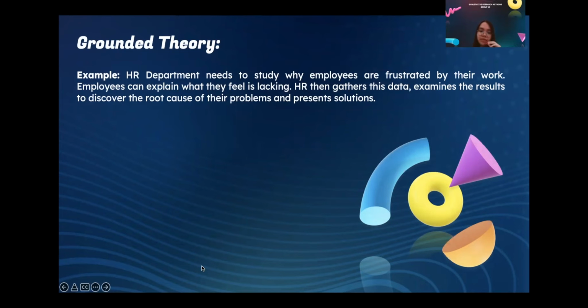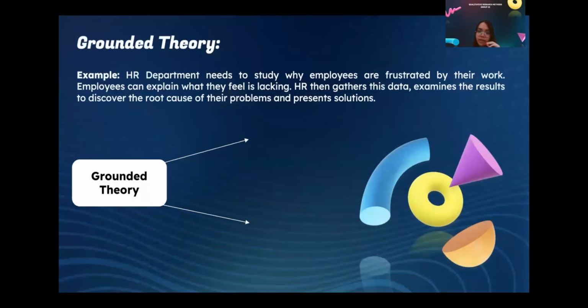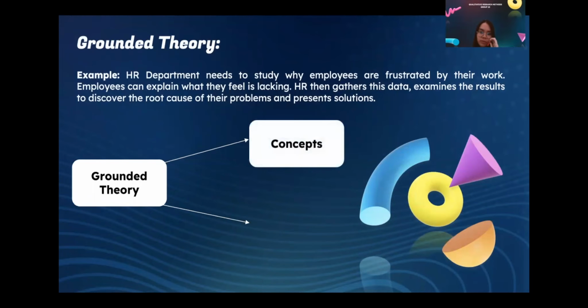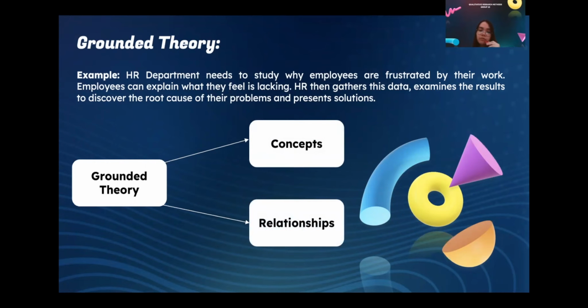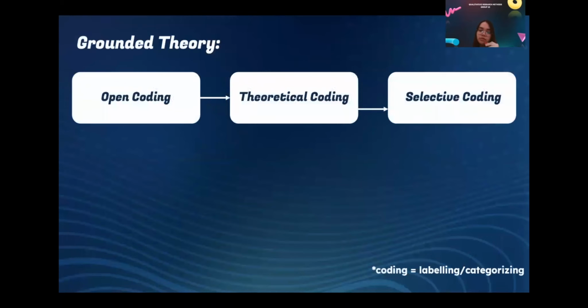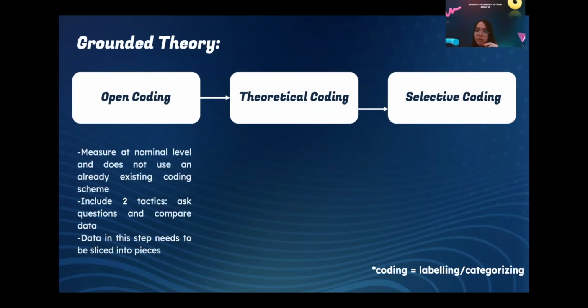There's also specifically an example of grounded theory, which is to develop the concepts and the relationship between the concepts. The procedure of grounded theory includes 3 types of coding. The first one is open coding. In the first step, when asking questions, what can be done is to ask more general questions instead of very